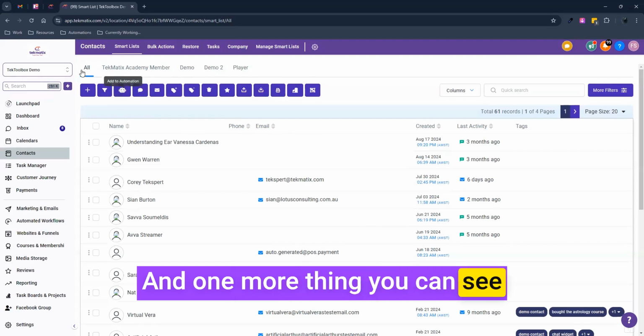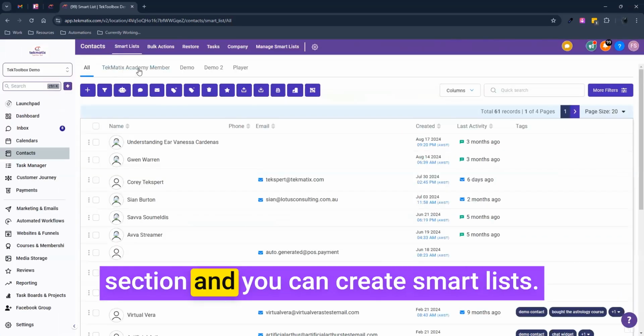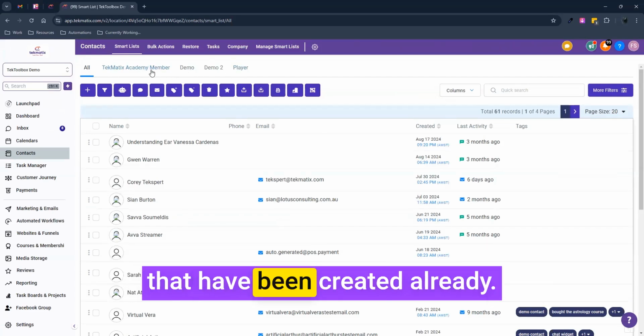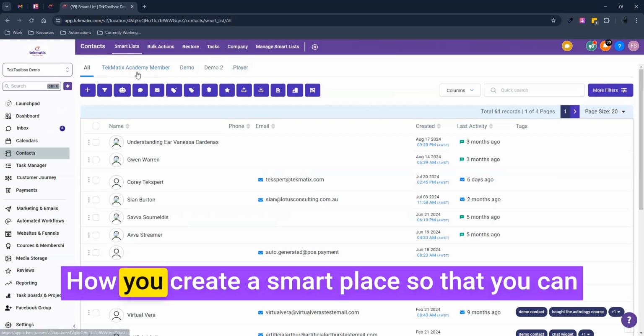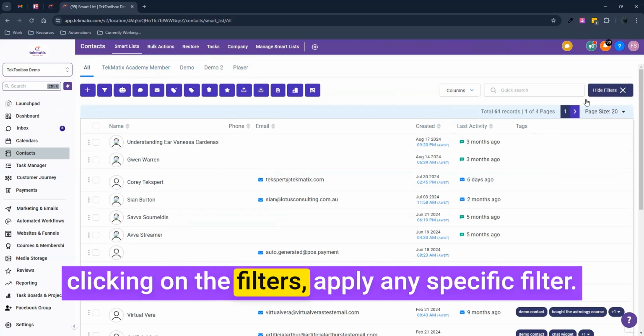And one more thing, you can see over here right now, we are in the All section, and you can create smart lists. These are some demo smart lists that have been created already. How do you create a smart list so that you can segment the list? By clicking on the filters, apply